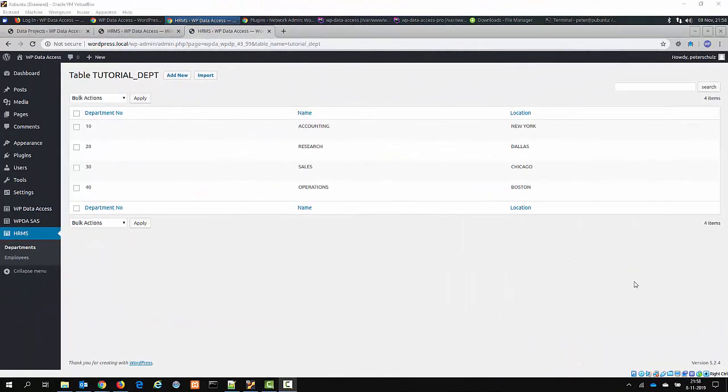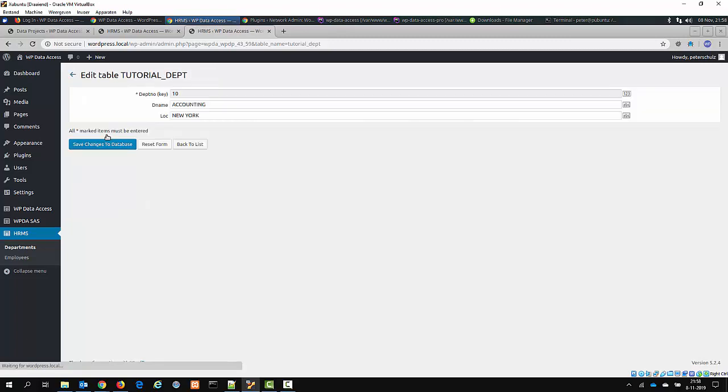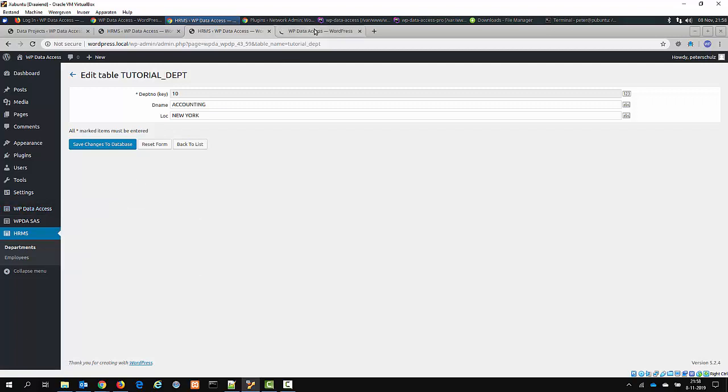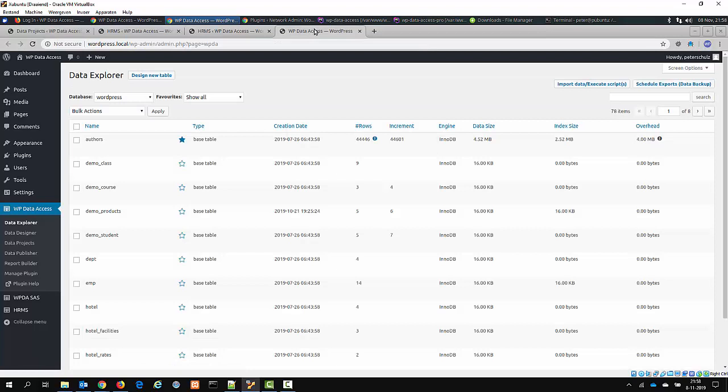So far we have been working on the employee page, but there's still some work to do on the department page as well. Here's the list table, and if you look at the labels and click on the edit link, then you see that these labels are not the same. Now there's a reason for that, and it's important to understand that. From the Data Explorer you can define labels for your tables,